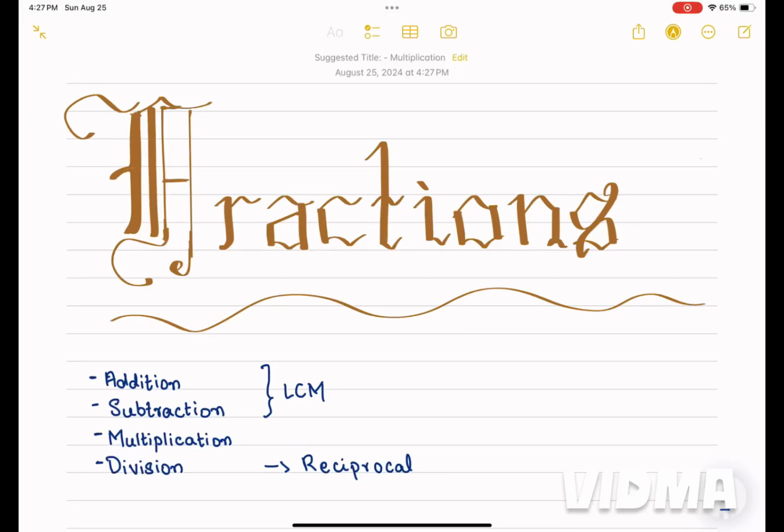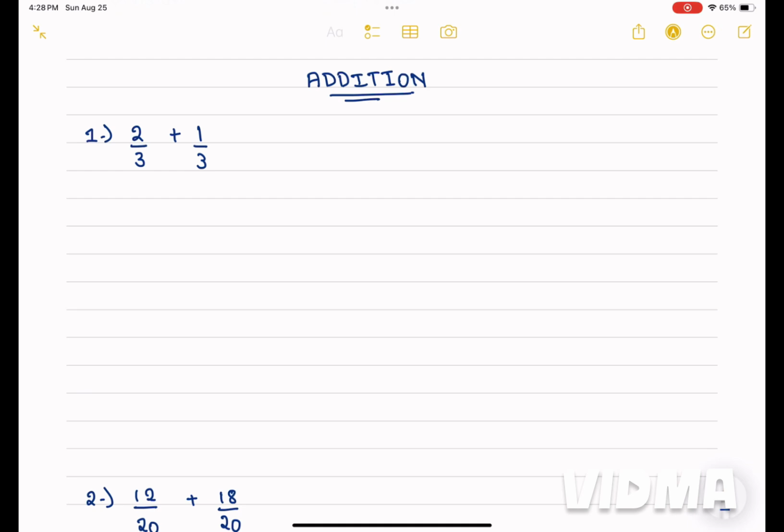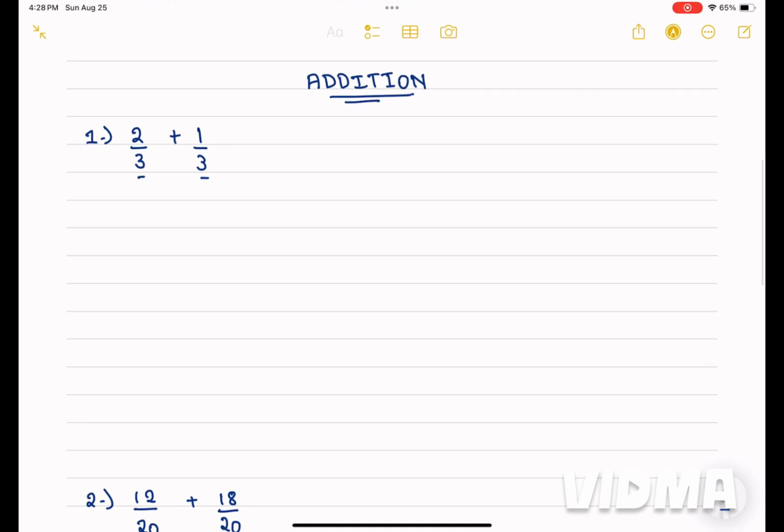In this video, we're going to tackle fractions and the arithmetic operations on them: addition, subtraction, multiplication and division. We're going to use LCM for addition and subtraction and reciprocation for division. For addition, make sure the denominator is the same. When the denominator is the same, leave it as it is, add up the numerators, and there you get your